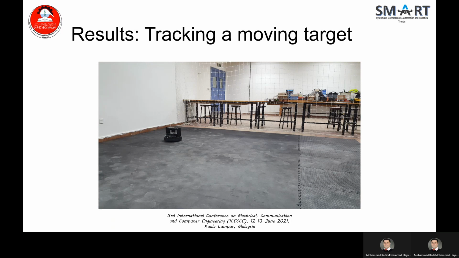In the second experiment, the quadrotor tracks and follows a moving robot. The potential field motion planning system provides the quadrotor with the appropriate position information that allows it to track the target effectively. The motion planner was updating position information at 10 Hz. The experiment here shows accurate and robust path following with a mean error equal to 4.3 centimeters.